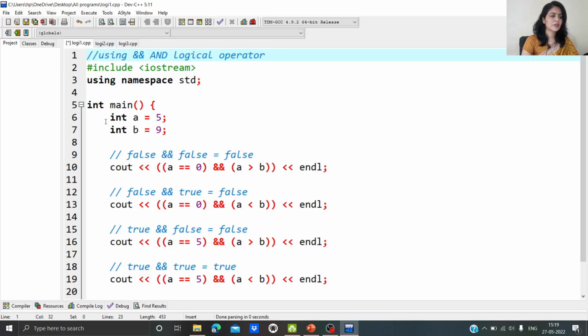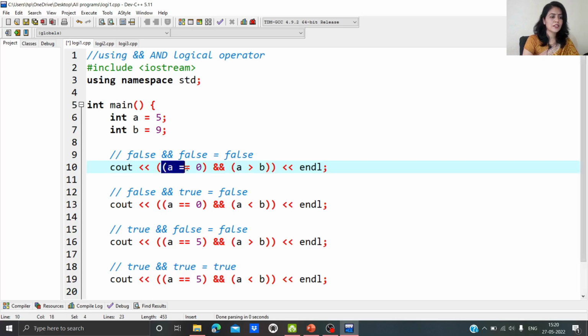First, look at the fifth line, the int main function. From here our main function starts. Int a equals 5, that means a's value is 5 and b's value is 9. Now in the cout, a equals 0 and a is greater than b.